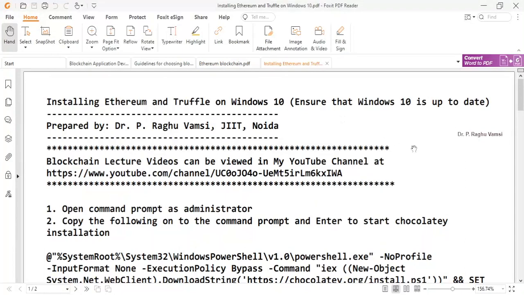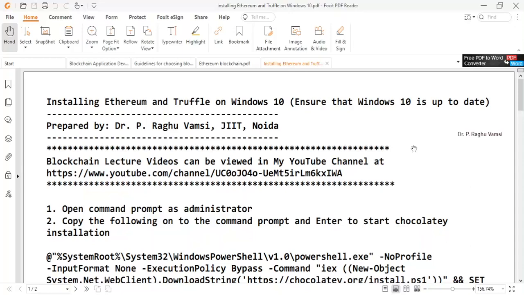So first of all, we are supposed to set up the environment before moving into Solidity and smart contracts. Whenever we want to go for decentralized application development, you are supposed to first set up the environment, then you can go for developing the product. For that, we have several open source platforms and tools available that we need to set up in our system. I don't know how many of you have set up the system previously, but